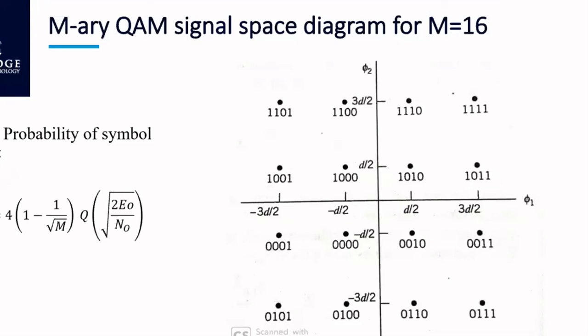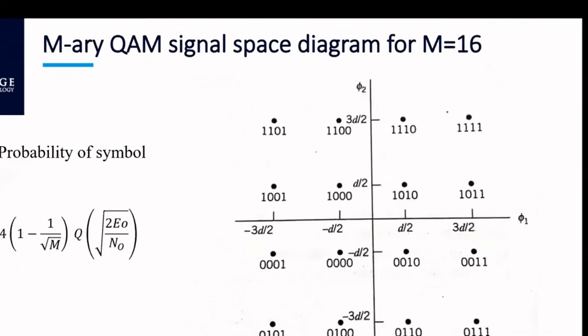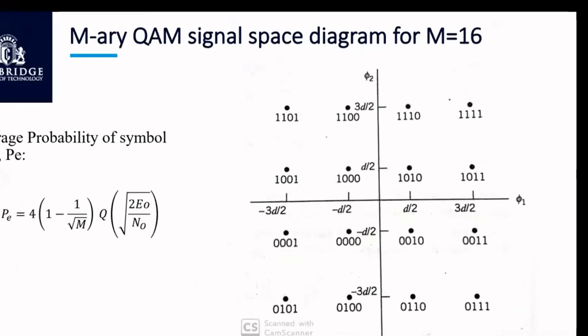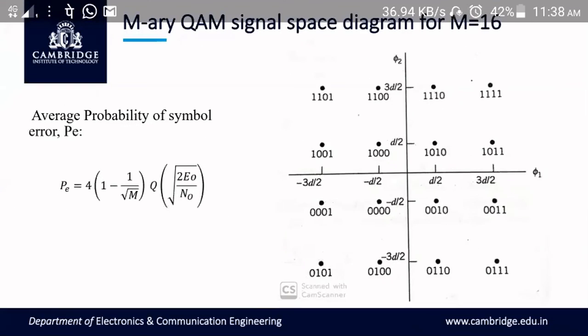This is one of the most used digital modulation techniques in mobile communication nowadays. In wireless communication systems, most people use M-ary QAM, right? Because every carrier signal carries 4 bits of information. One wave goes with 4 bits. If you receive one wave at the receiver, it means that you are receiving 4 bits.